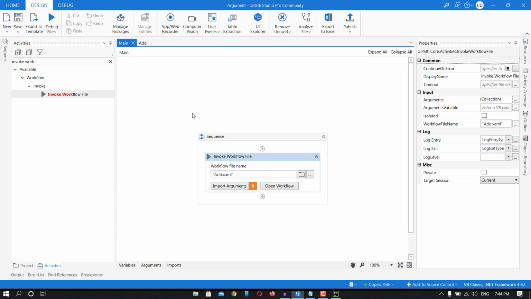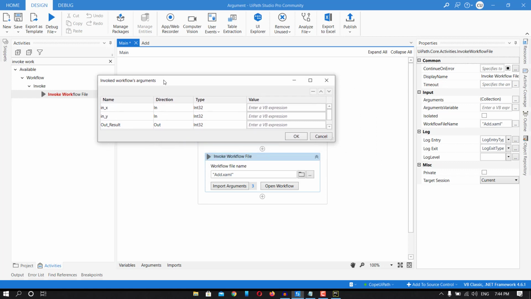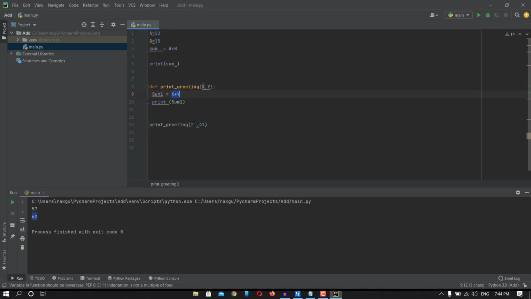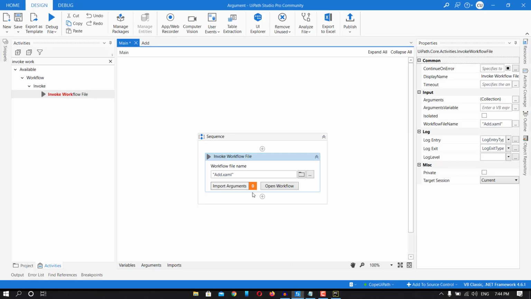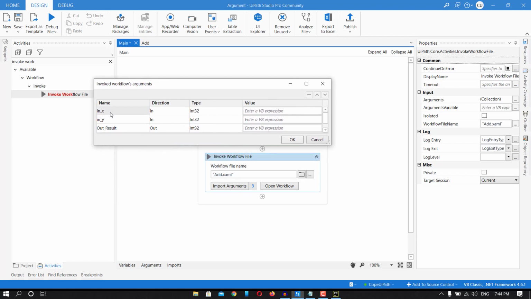Okay. Now to do the addition, we have to give the input, right? So if you will see here, this 21 and 41 input we are giving. We are not taking it as an output. We are passing this input as an input, and this sum is the output, right? So that's why I have taken here this x and y as input argument because we are passing this argument.